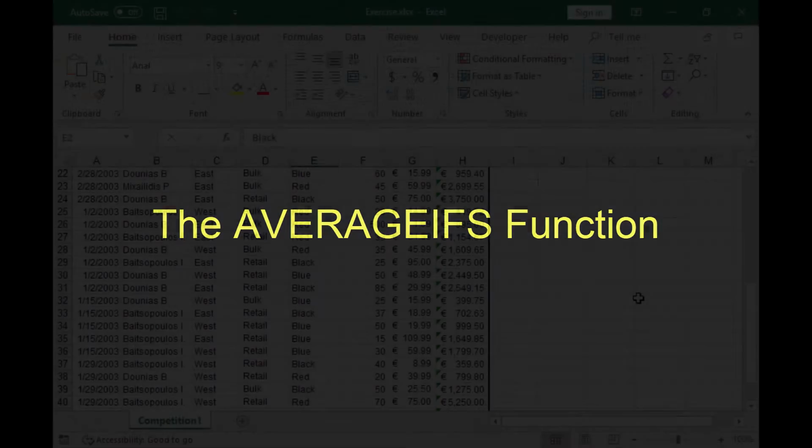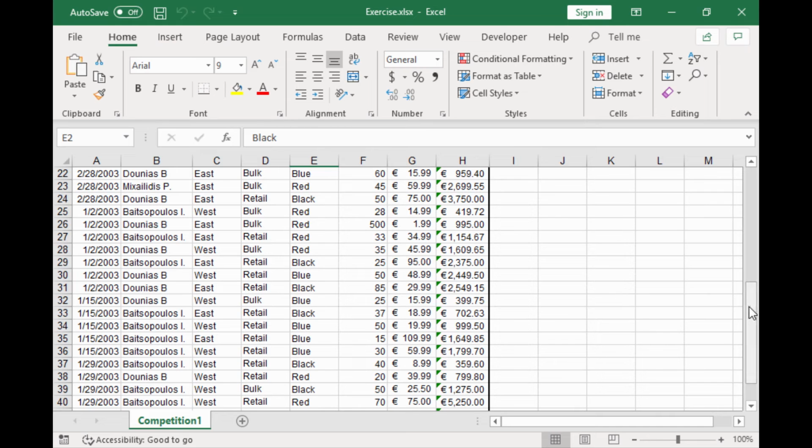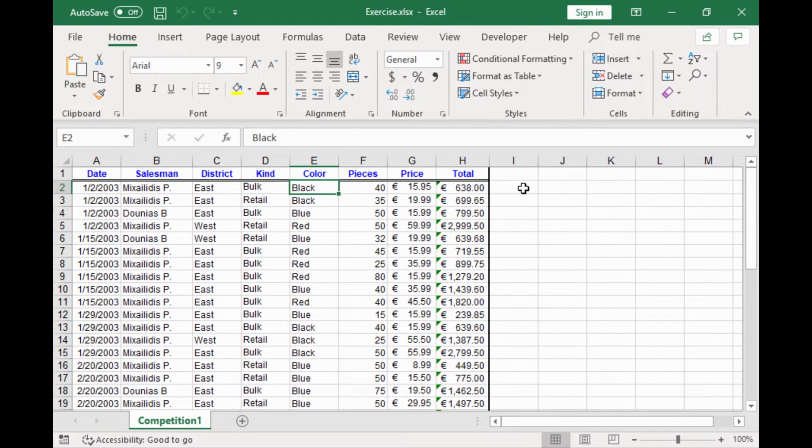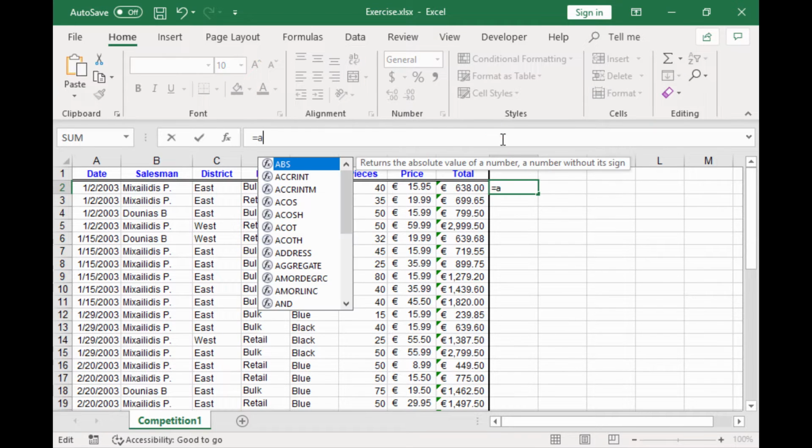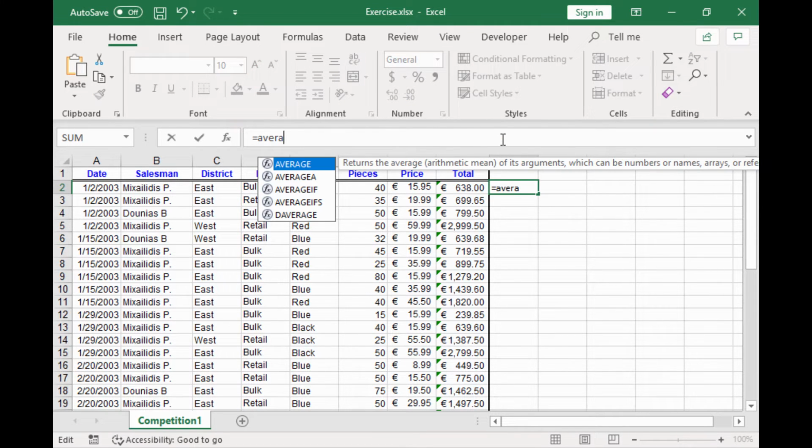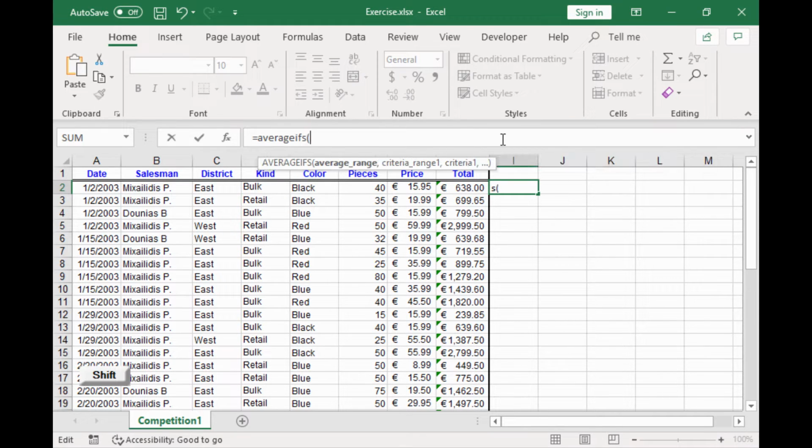AVERAGEIFS uses the same syntax as SUMIFS. In the current sheet, we want to calculate the average total price for every sale that happened in the West District and consisted of more than 100 units. We type the function name, followed by the range that contains the values we want to calculate the average for.